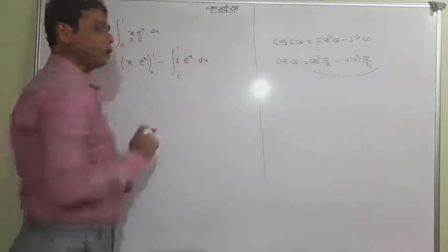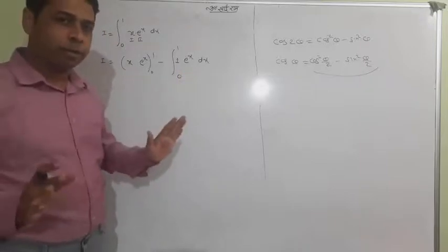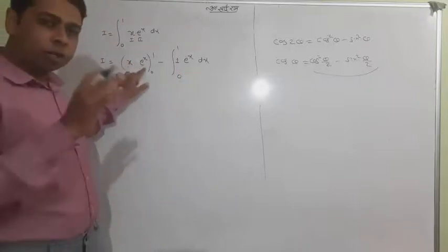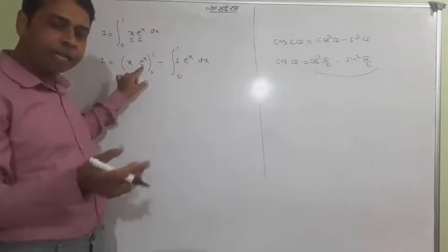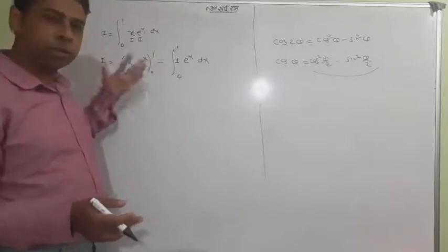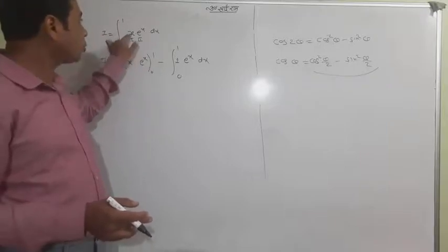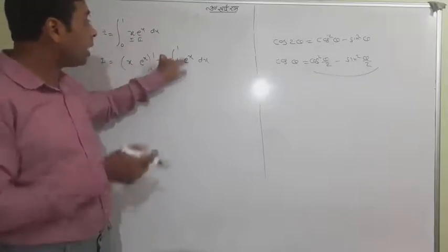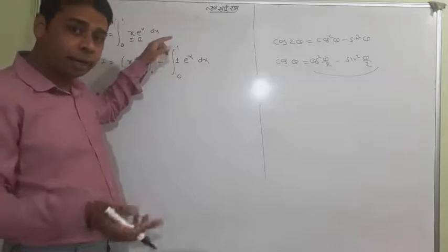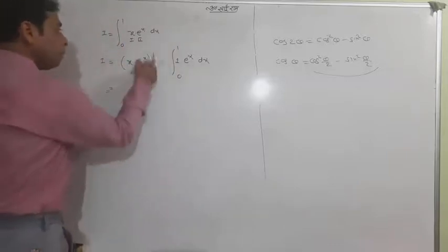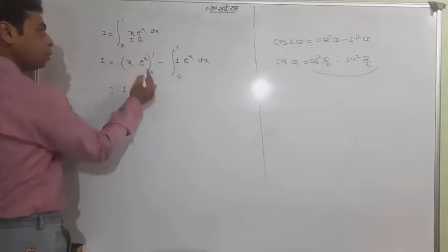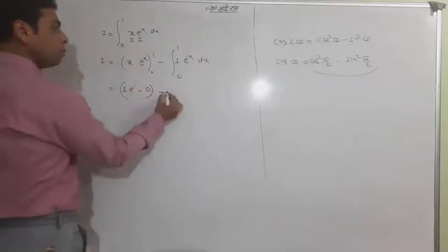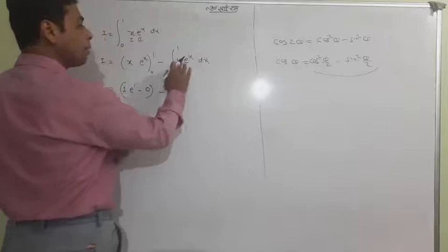So wait for that. Hope you are getting it. First function, integration of second, it has been done. Integration of second is same. So use a limit. Minus differentiation of first, integration of second and yet to integrate again. So wait for that. Now use a limit. 1 e to the power 1 minus 0 into e to the power 0, meaning 0. And what about the 1 has no sense.